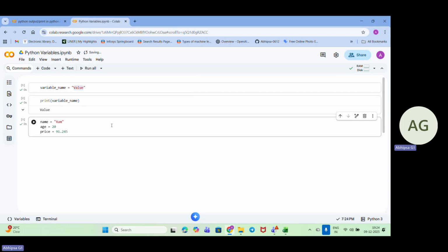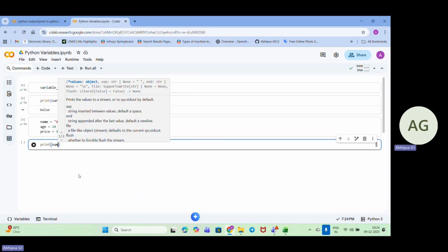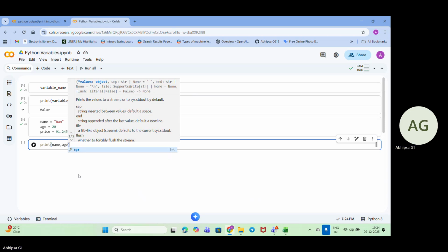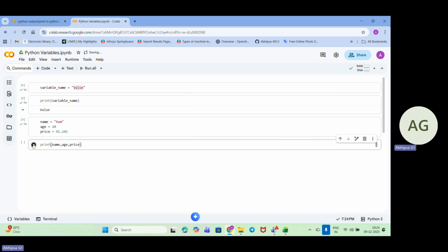Let's see how it is printing. Yes, it is saving. Now if I have to print, let's see how we can print: print name, comma, age, comma, price. Now let's see. It has given me everything at once.